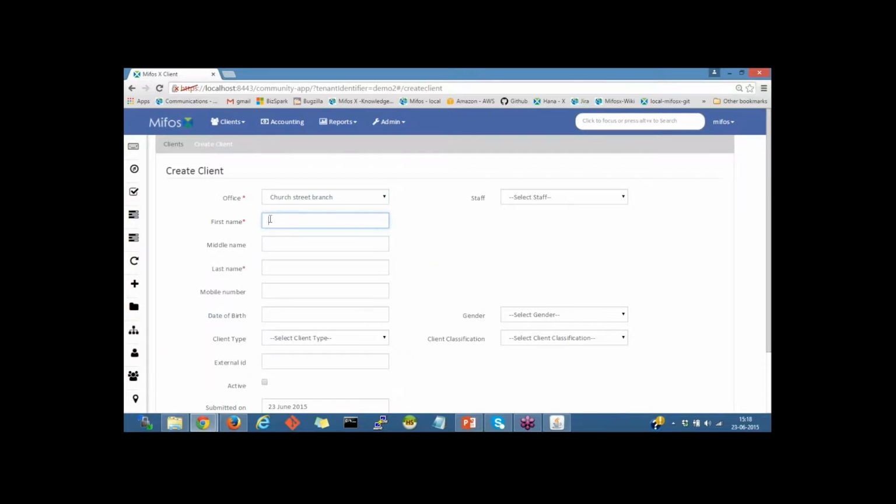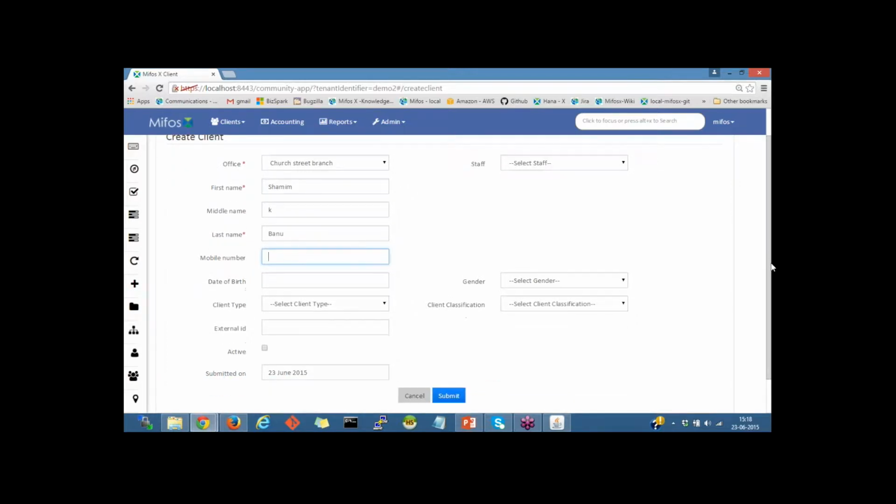and provide the name as Samim Banu and provide the middle name, provide the mobile number. So all the red marked asterisk are mandatory fields and rest of them are optional fields. Let me provide the mobile number, date of birth,